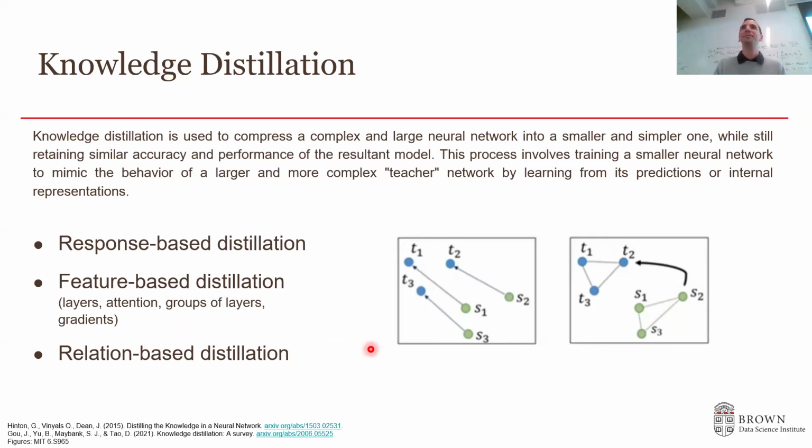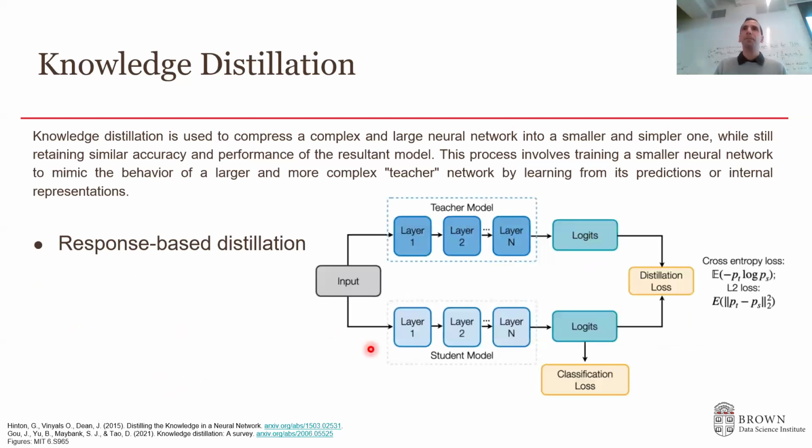Can you give some intuition? Maybe you're not going to cover them deeply, but with feature-based distillation, you're using information not available in the training data, weights, whatever. In response-based, you said you're trying to use a loss that combines both the output of the model and performance on the task. But that presumes that you still have access to some kind of labeled training data. So there's a question of how much should I just train the smaller model on the task itself, not even worry about the teacher? What's actually happening to make an improvement here?